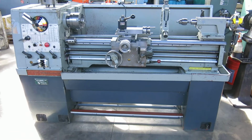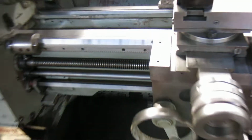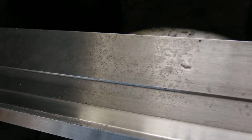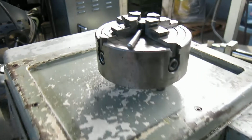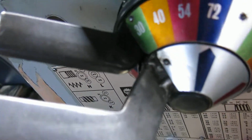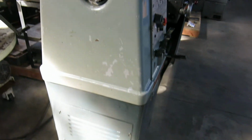Here we have a Clausing Colchester 13x40 lathe, inch metric. The ways are in good shape. Some minor little coolant pitting on the inside. A Buck Adjust-Tru 3-jaw chuck with reversing top jaws. 4-jaw chuck. There's a little repair right there where someone whacked the handle, but otherwise, aside from some cosmetic